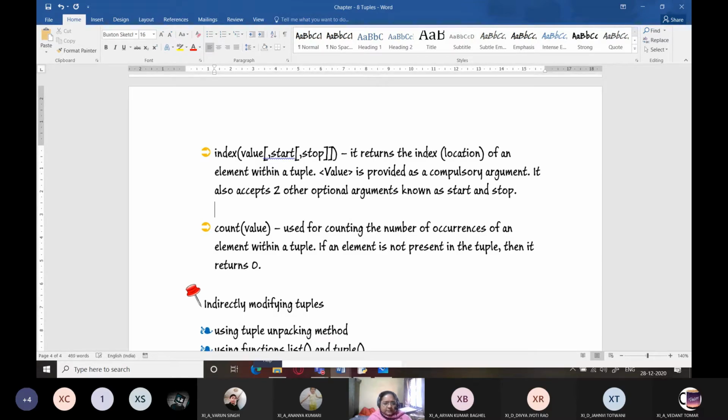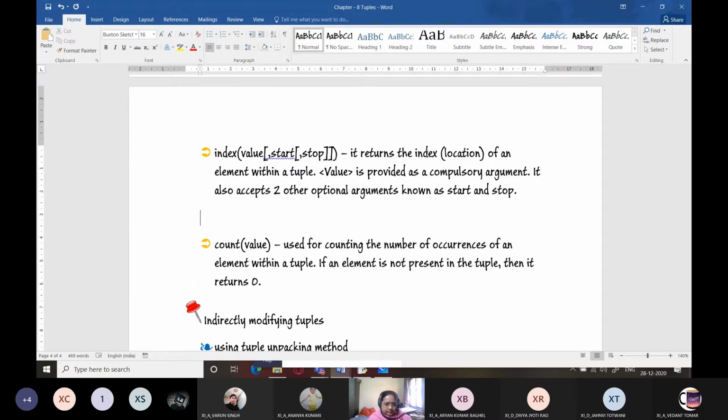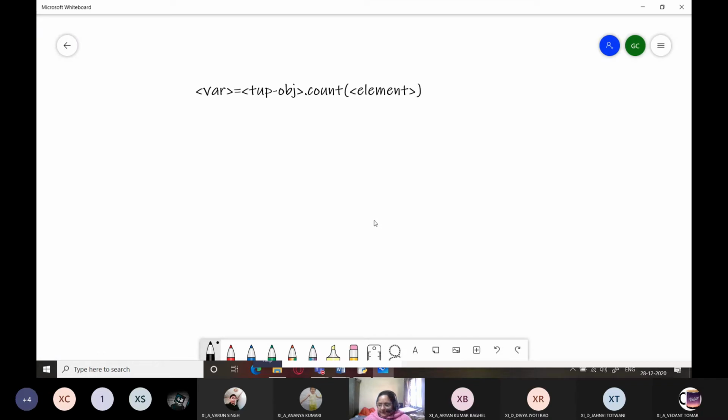Now, what is start? So if we have tuple object dot index, we provide a value, we provide a start, we provide a stop.